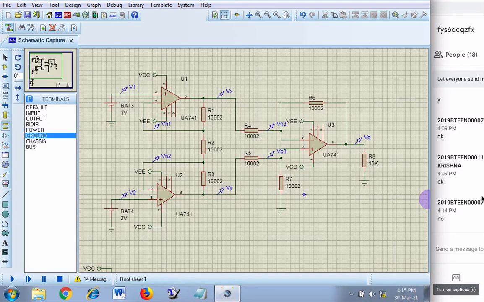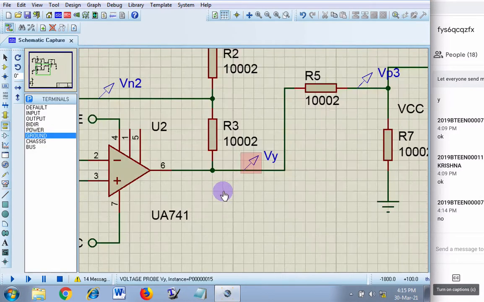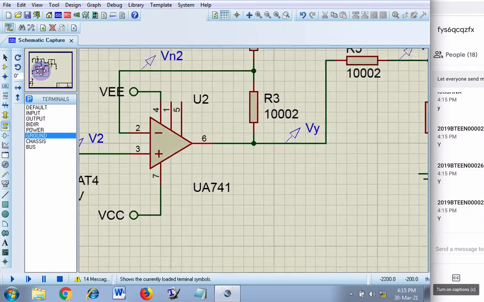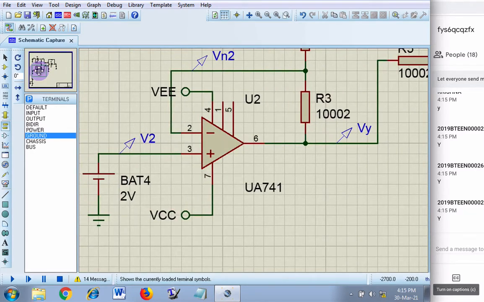Everybody understood this idea of the resistor value? Yes or no? Everybody understood how to put a voltage probe, how to rename the voltage probe? Everybody understood how to put the terminals for op-amp powering?